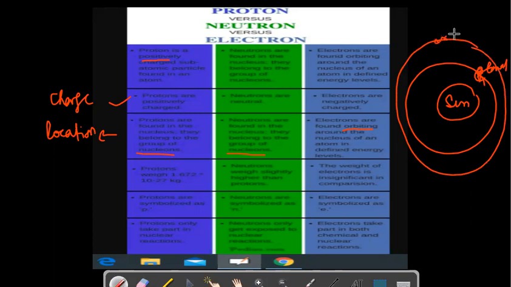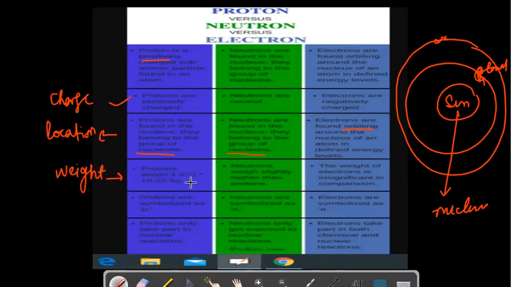Similarly, in the atom, the center is the nucleus around which the electrons are orbiting, are revolving, and each electron has its own energy level, its own orbit in which it revolves. So you can say that the electron revolves in a particular energy level or orbit. An electron is just similar to a planet which is revolving around the sun in its particular orbit. Okay, so further moving on, if we talk about the weight,